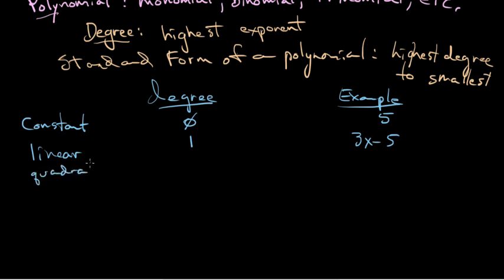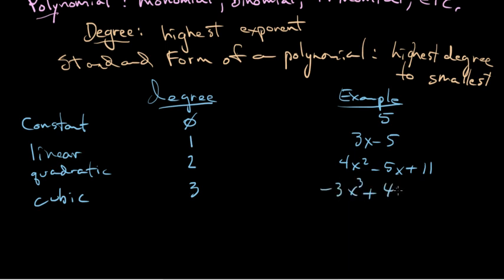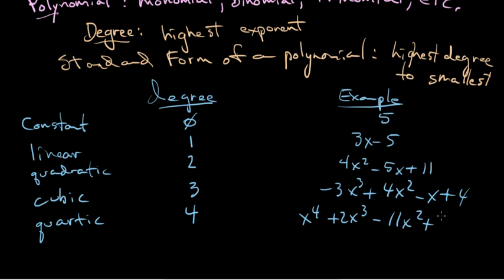Quadratic. What do you think? The degree is 2, of course. And we're talking about like 4x squared minus 5x plus 11. Cubic. Degree is 3. And we're talking about like negative 3x to the 3rd plus 4x squared minus x plus 4. Okay. And quartic, degree 4, would be something like x to the 4th plus 2x to the 3rd minus 11x squared plus 5x